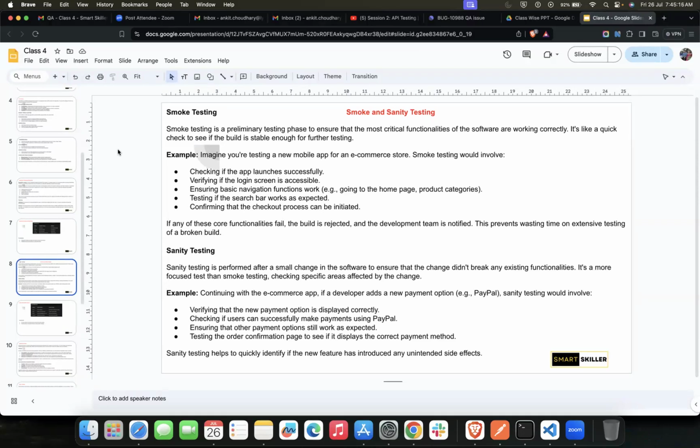And sanity testing is a check in a specific area affected by the changes. For example, I can say the regression testing. Is it sanity or smoke testing?